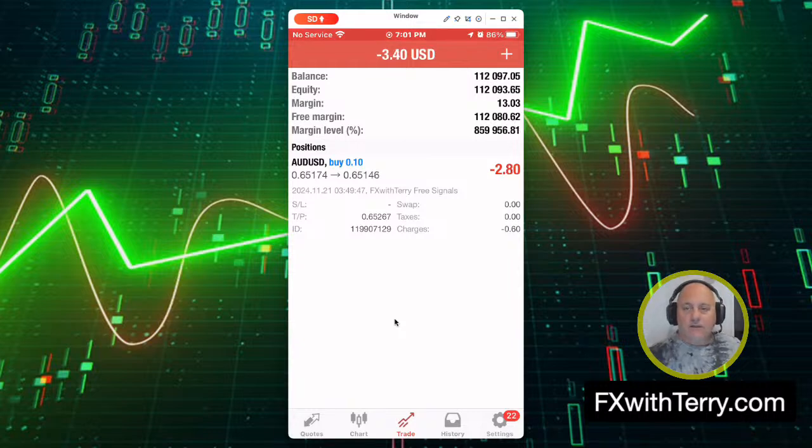The free signal is a taste of my cocaine that I'm selling you. It's a taste of the drug. Okay? The drug being Forex. It's a taste. It's proof of concept because my system doesn't fit well with the idea of show me your results. Well, what results do you want? What account do you want me to show you this on? What size of account? What leverage? How much risk? Right?